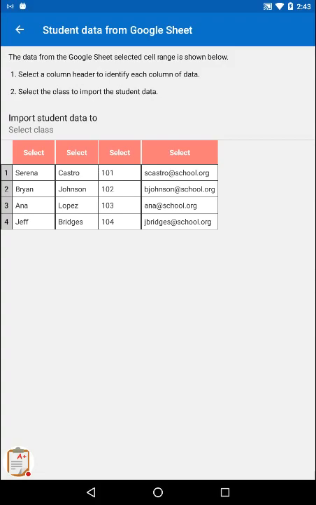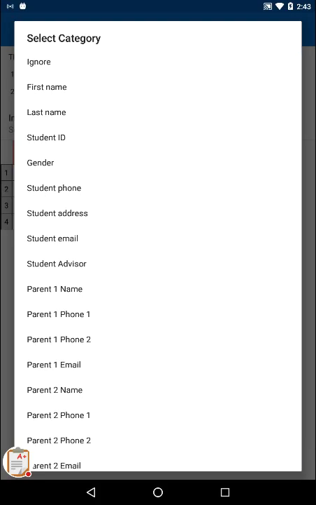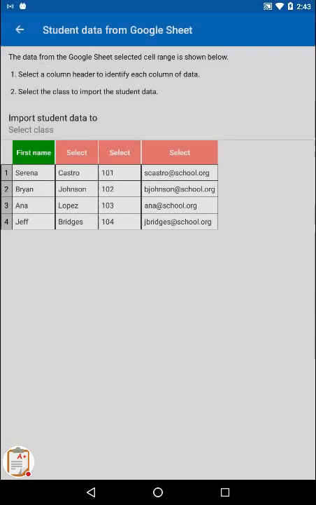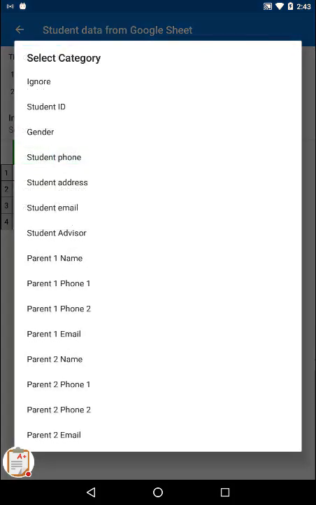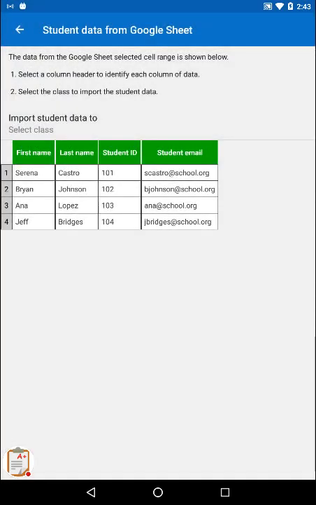And the next step is to identify each column. This will also show you what type of data you can import. So everything in these columns is data that can be imported. I'm going to tap on first name, last name, ID, and lastly email. If you have any extra data that the app doesn't import, you can just tap on ignore,